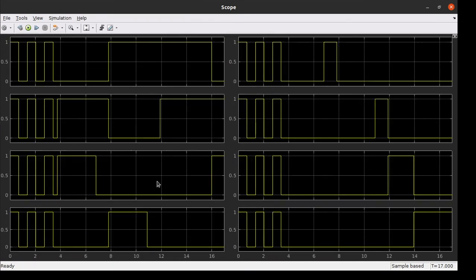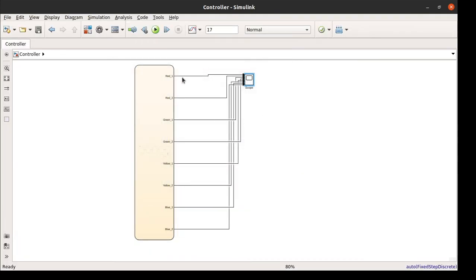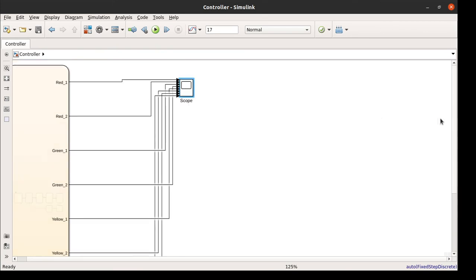Here as you can see, you can clearly predict the initial square wave that indicates our LEDs are toggling. After that, we are seeing a couple of signals turned on immediately, but we don't know what those are. So for that, close that one. I am zooming it up a little bit.